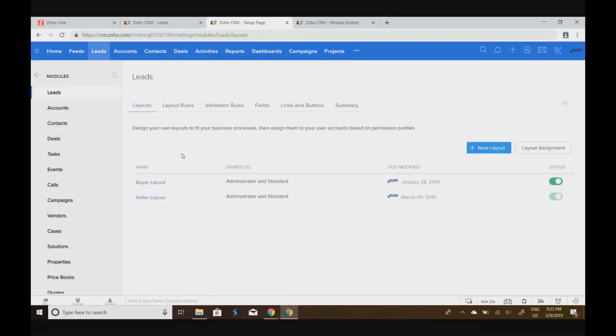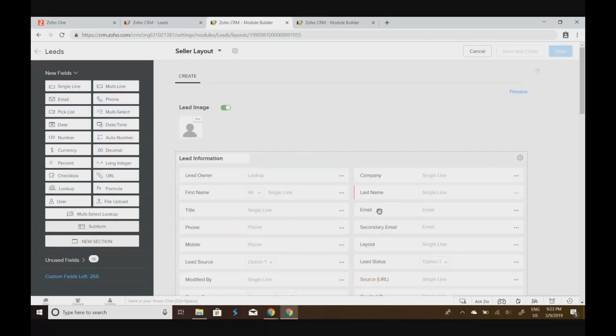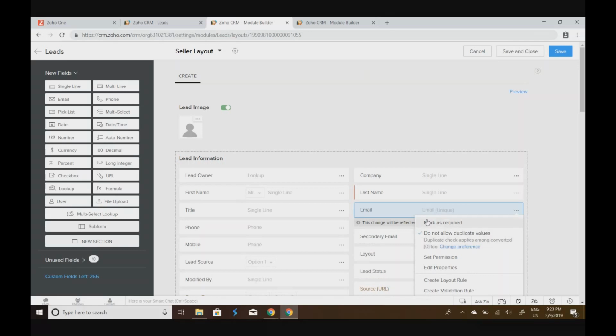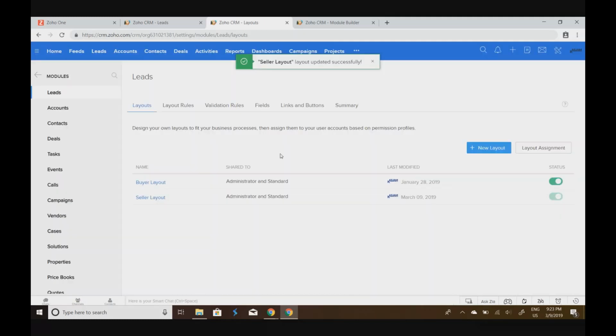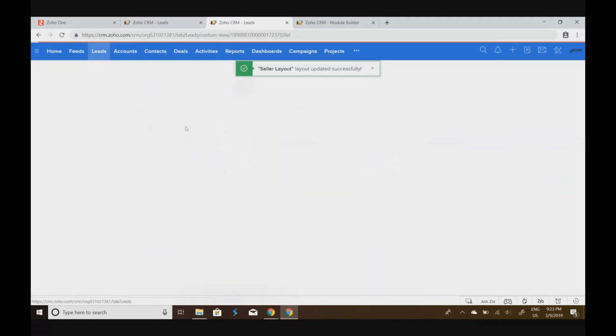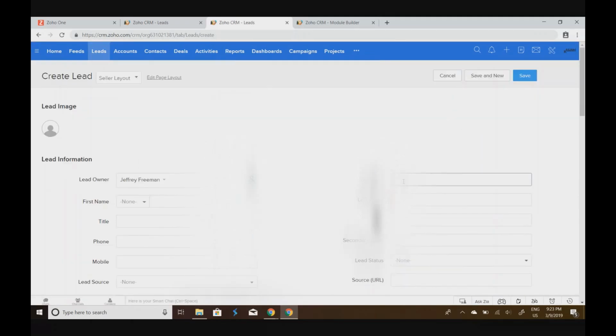And then we want to specify which field. So I'm going to go in to this particular layout, and then I am going to choose the email field and do not allow duplicate values. It will make it unique. So if I go in, I'm going to save and close, and I try to enter a new lead with the same email address,